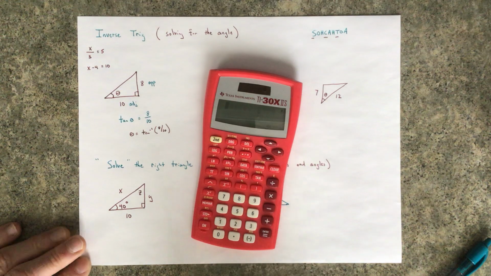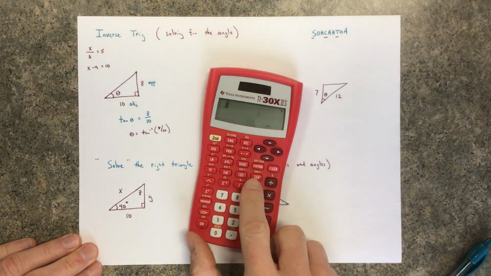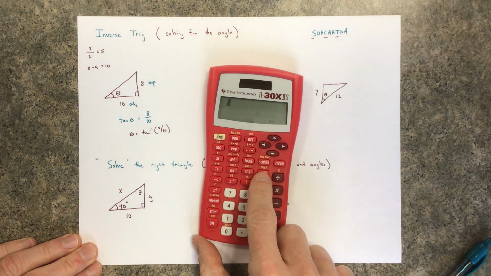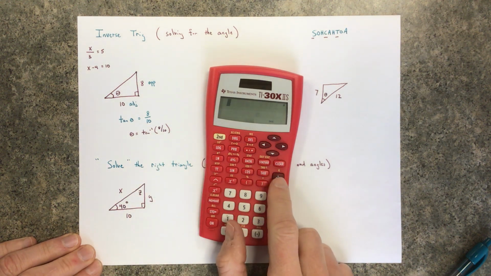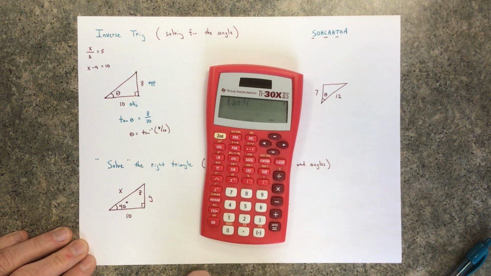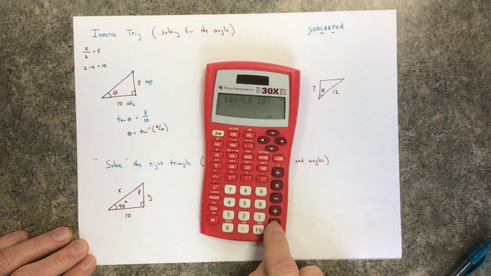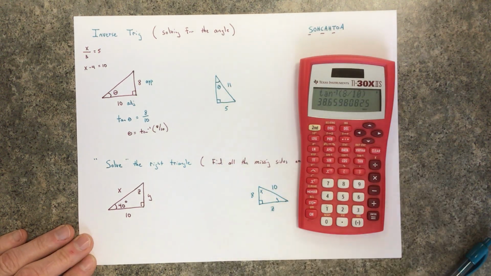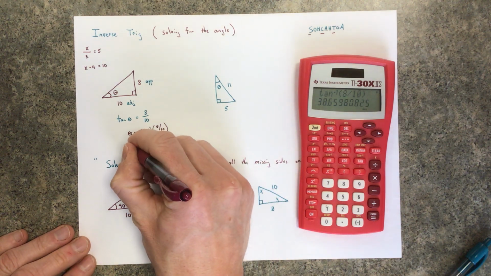So calculator-wise, it's really easy, right? If you find tangent, you're just going to see above it a tangent inverse there. That's what that means, tangent inverse. Tangent to the negative first isn't a negative first power, it's inverse tangent. So second tangent, see how it gives you tangent inverse, and then just do 8/10. And hit enter. And it's going to say, oh, that angle is 38.7. So theta equals